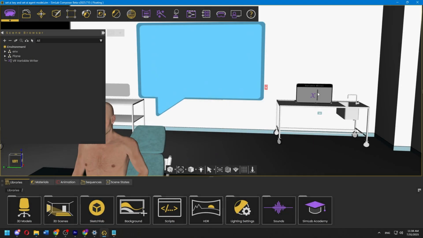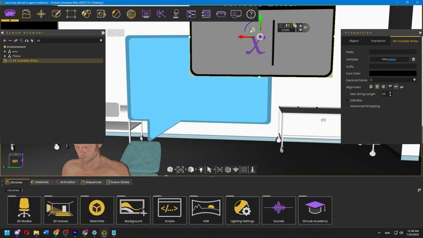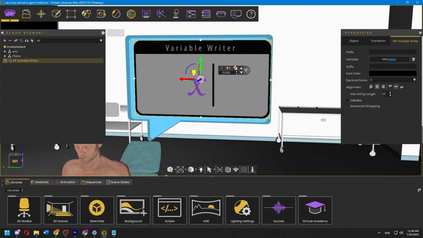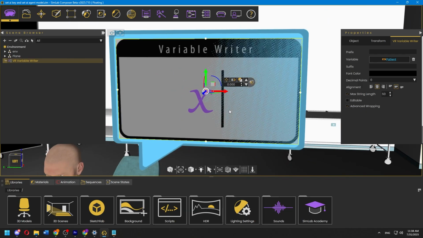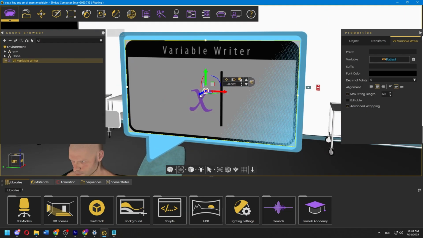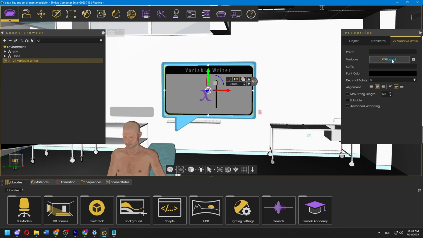With SimLab Composer, you can now embed an AI API key directly into your VR experience, eliminating the need for each individual user to set up their own key. By assigning a dedicated API key from OpenAI, Gemini, or OpenRouter, the key becomes part of the experience itself. This ensures seamless AI integration and allows your experience to function out of the box, with no additional configuration required